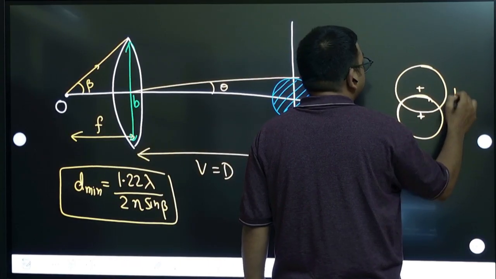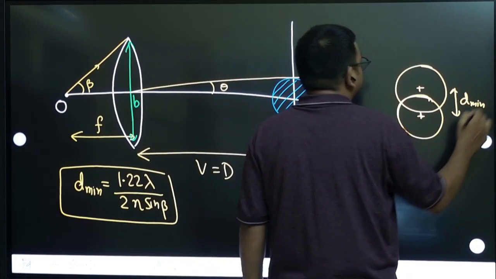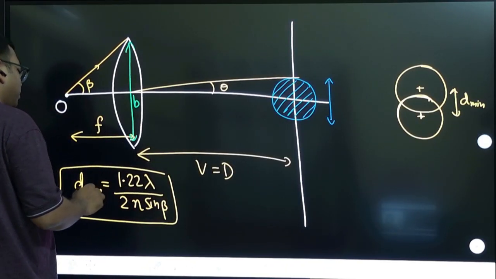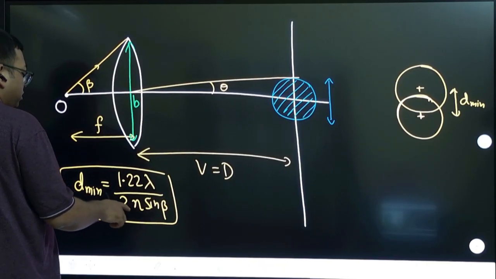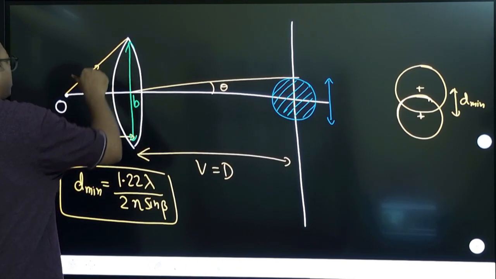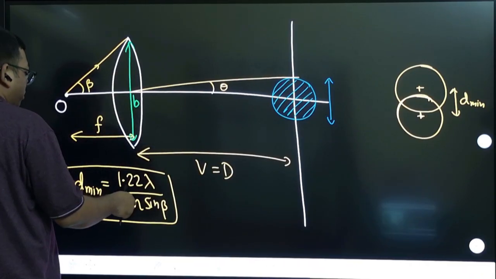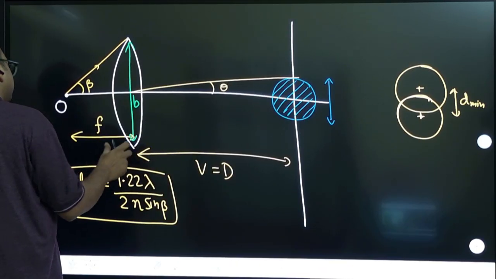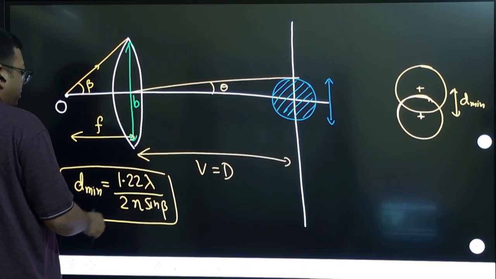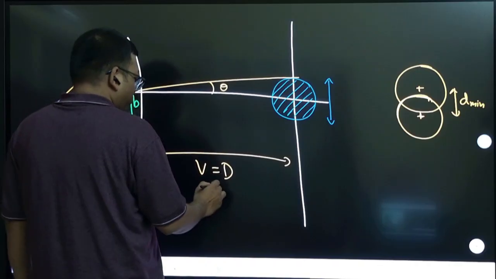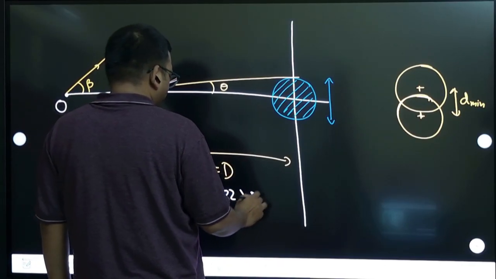This minimum distance between them is given as 1.22 lambda by 2, and I think here they are taking the size of the aperture based on this. How are they taking the size of the aperture? Because sine beta is perpendicular by hypotenuse, or it is like tan only. So this distance 1.22 lambda by d, I think they are taking this as the focal length also. Might be that. So focal length sine beta, because if I say for example 1.22 lambda d by b,